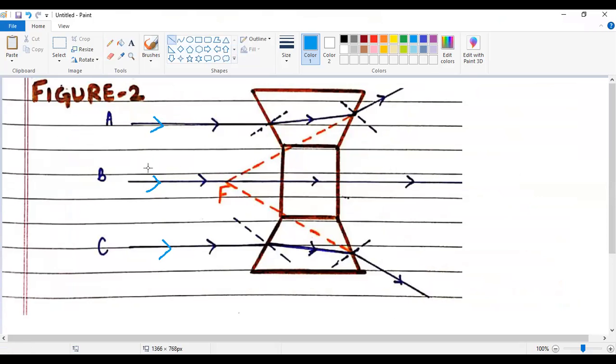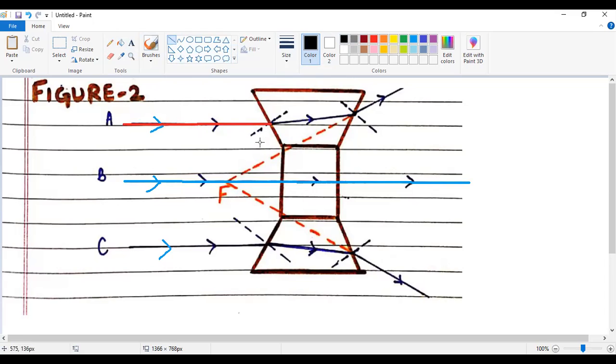Ray B is a case of normal incidence on glass slab such that it will go in the glass slab and then emerge out of it without getting deviated from its position, since it is a case of normal incidence. While if we take the ray A, now when ray A is incident on the first part